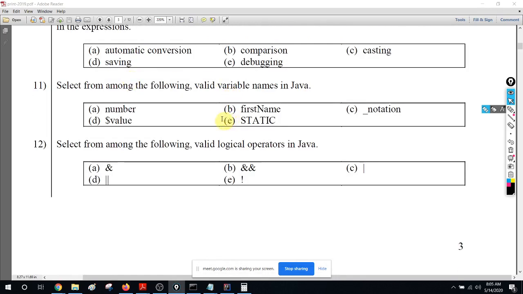Select from among the following valid variable names in Java. Now remember there are some rules. When you say valid variable names, they are not talking about the conventions most of the time. They are talking about the rules. Now what are the rules for identifiers? It cannot start with a number, but afterwards you can have numbers.